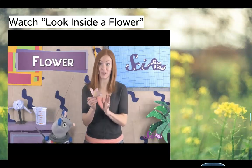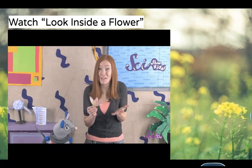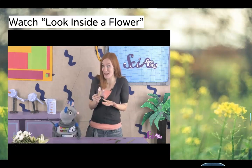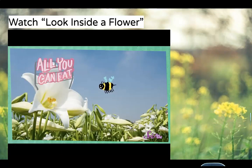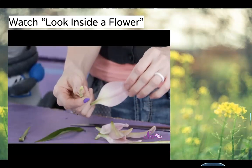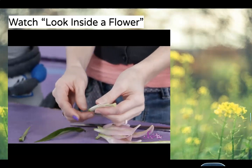Flowers make a sugary liquid called nectar that pollinators love to eat. So to a pollinator, the flower's color and smell are like a big sign that says, "There's lots of food here, come eat." If you pull the petals off the flower, you can see that there are these sort of long, dangly